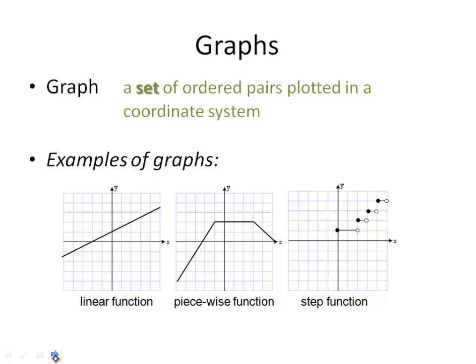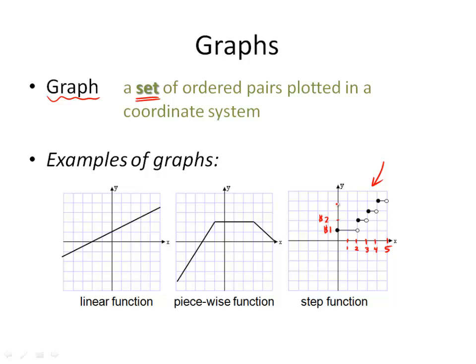You can imagine that if you had a whole set of ordered pairs plotted all together, it would form a graph, it would form a picture, like the ones below. And these pictures are very useful in describing various examples. This step function could actually be a graph representing prices for rentals. So let's say you were renting DVDs, and for a 1 day rental, 2 day, 3 day, 4 day, 5 day, it would cost, say, $1,